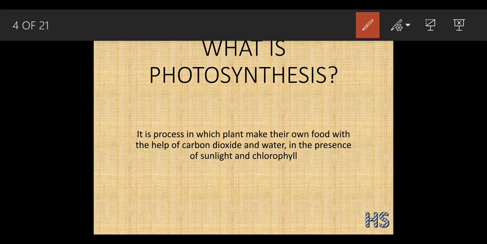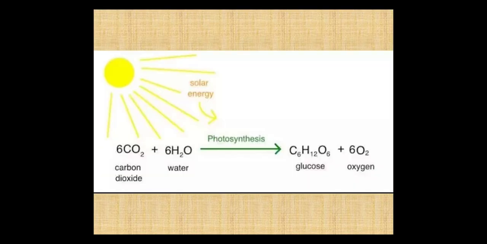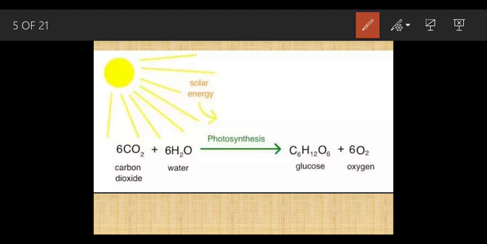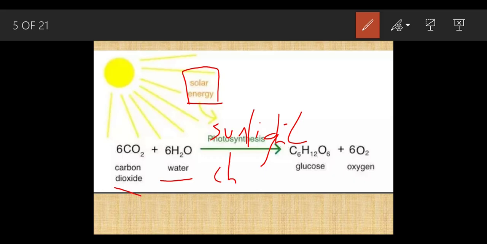If you look at this part, what is this? This is the solar energy which we are getting from the sun. The carbon dioxide is available in the atmosphere and we water the plant also, and there is the function of sunlight and chlorophyll. What is the function of sunlight? It is to trap this energy, and chlorophyll gives the green color pigmentation, and it forms the glucose. What is glucose? Glucose is nothing but the form of food,